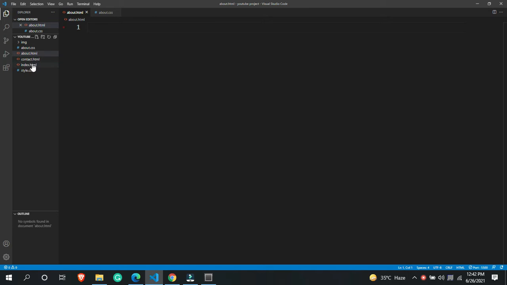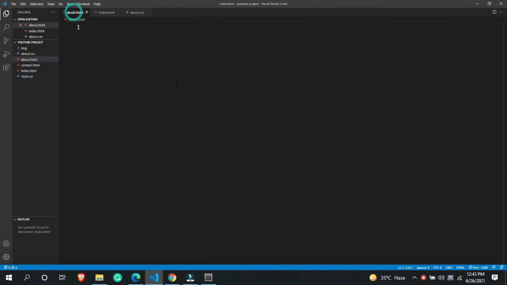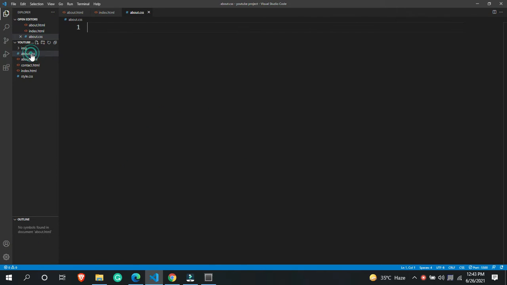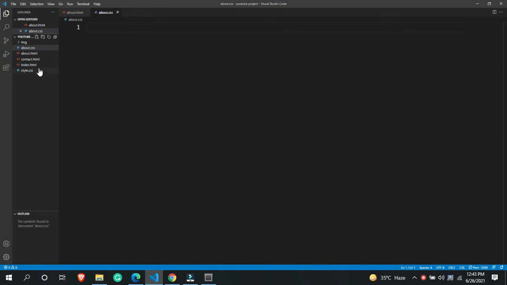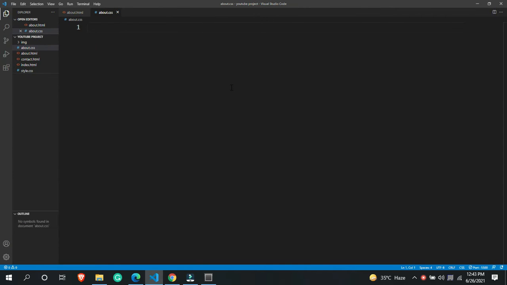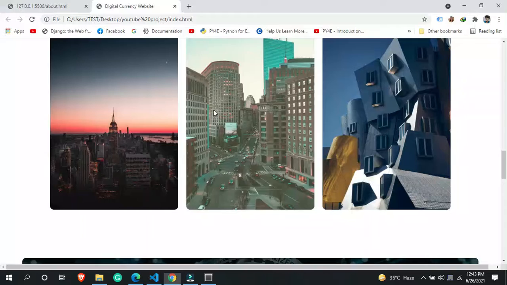So basically what I'm going to do is copy all the index.html file over here and paste it over here. And I'm going to separate my css file as well, because I want to create a different header section. Okay, so let's close this index.html file and copy all the css that style.css has, and paste it over here. Then after that I'm going to delete some of the things that we have.